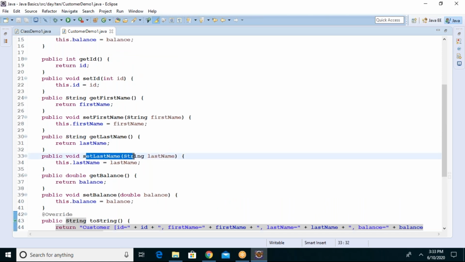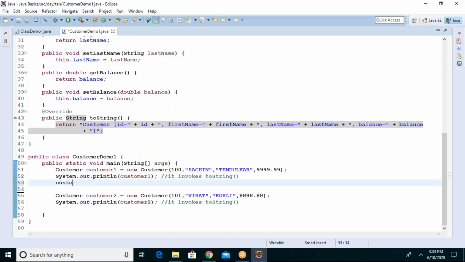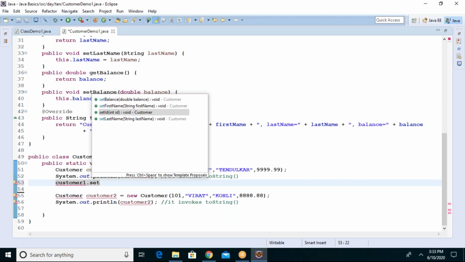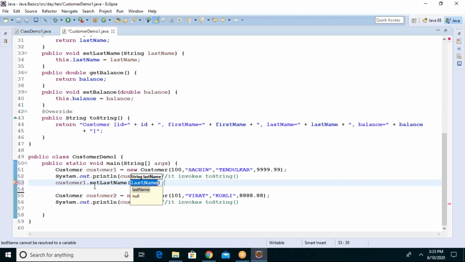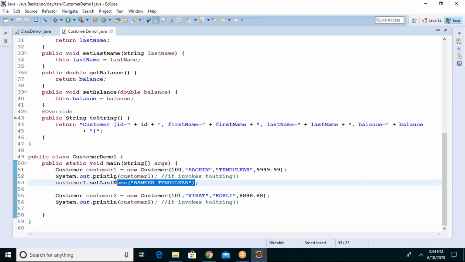Now I can use which setter you want. Setting last name, right? Now you can say customer one dot set last name, Ramesh. Guys, remember here, I'm not changing all the properties. I am changing only the last name with the new name. After this, if I want to print again,